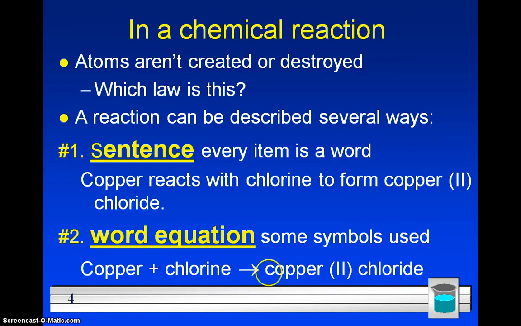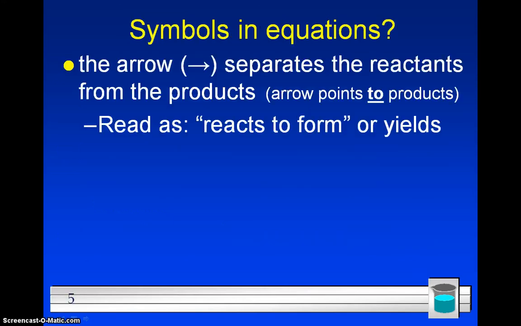The word equation here, using this sentence, says that copper reacts with chlorine. So you know that copper and chlorine are the reactants. Those would be on the left-hand side, and we indicate them by putting a plus sign in between, since there are multiple reactants. Then they come together and they form copper chloride. So we draw an arrow, and then on the right-hand side we place what the product is, our copper 2 chloride. Okay, so the arrow that separates the two means yields or reacts to form, and the plus sign means